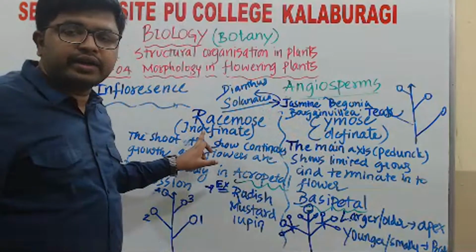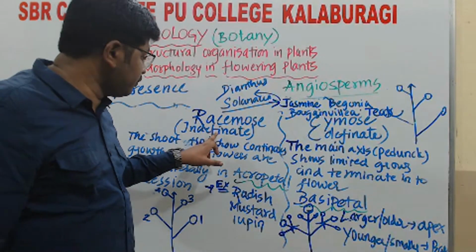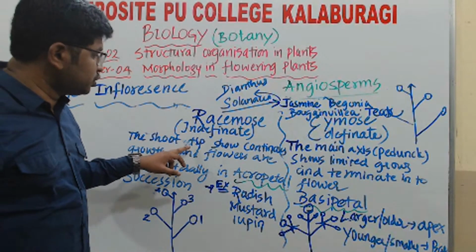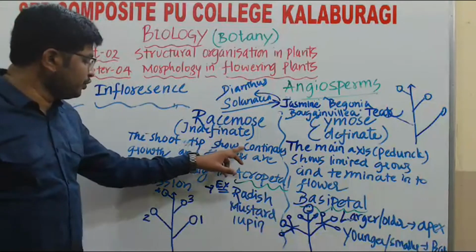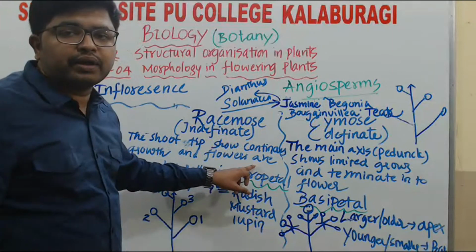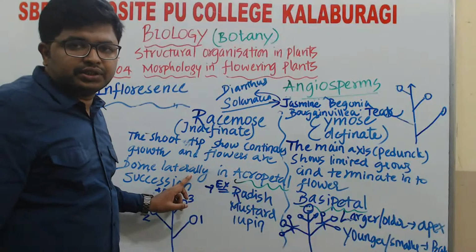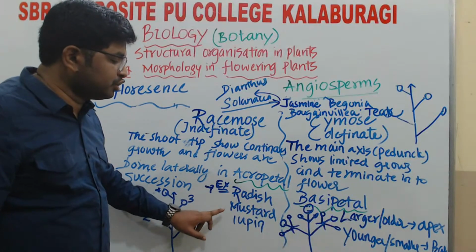Racemose or indefinite type of inflorescence is the one which shows continuous growth and flowers are borne laterally in acropetal succession. Examples are radish, mustard,